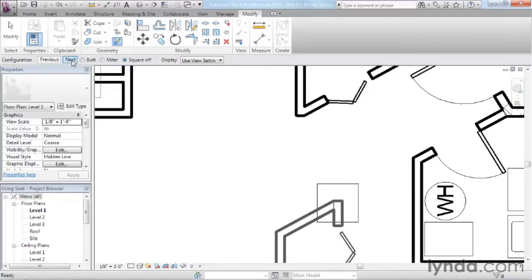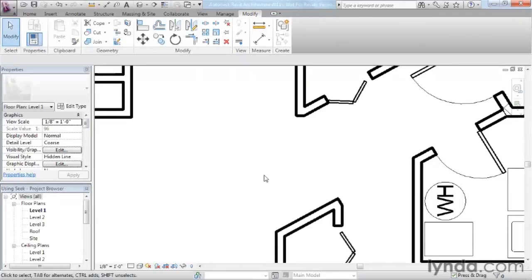And again, if you want to consider other options, we could square it off that way or this way. You can choose whichever one you prefer. And then when you're done, you click the Modify tool, or again, press Escape twice to complete the operation. Save the file and call it